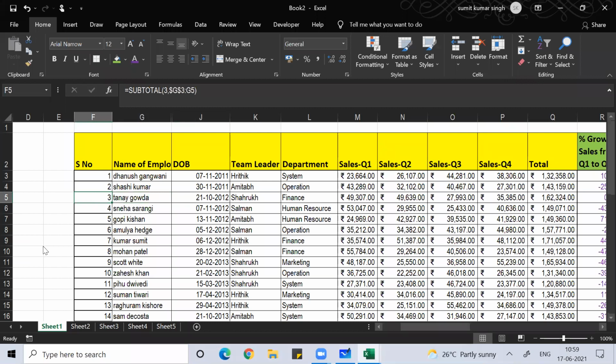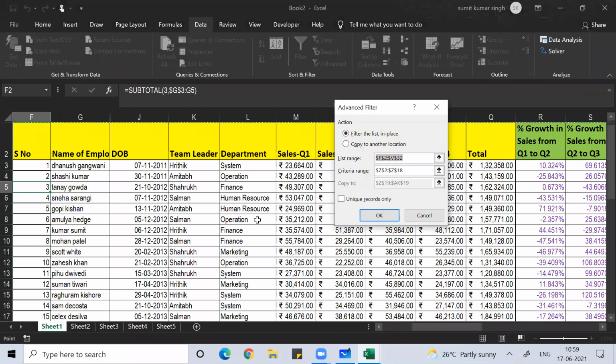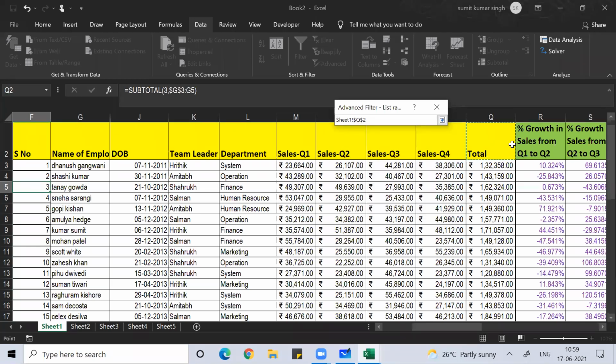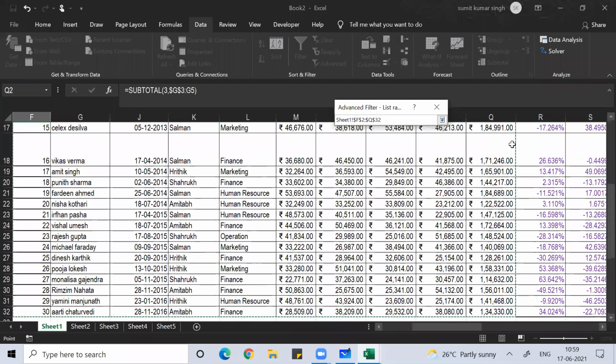So Alt A Q, then copy to another location, or if you want to check, you can check it here. If you click on filter the list in place, this copy to another will not become active. List range, you select the data, from here to here, select your data, okay.